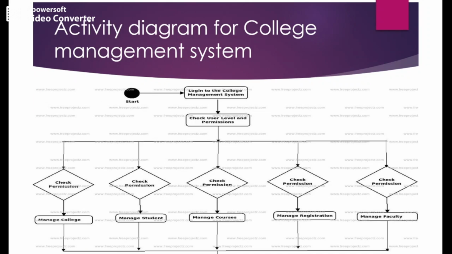Next we'll see the activity diagram for college management system. Keep in mind, this is an activity diagram. This indicates the initial state, where start is written, and this indicates the end state, the final state.